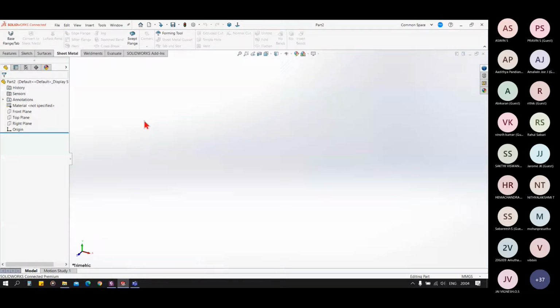Actually, we have two approaches for sheet metal design. One is we design the base flange and add a bend to it, and the other is we design a solid block and convert the solid block into sheet metal. So let's see each feature one by one. Going towards the base flange, we will need a sketch that is open or closed. So let's see two examples for the base flange.